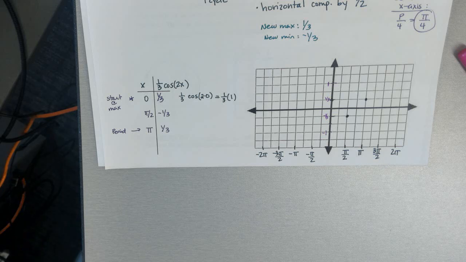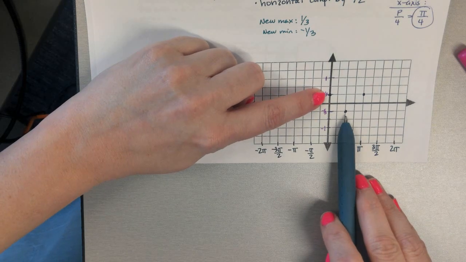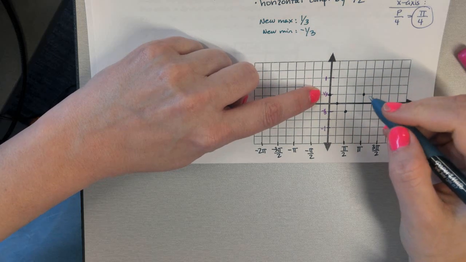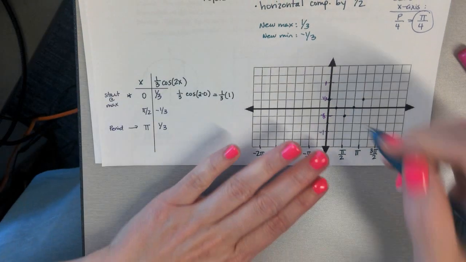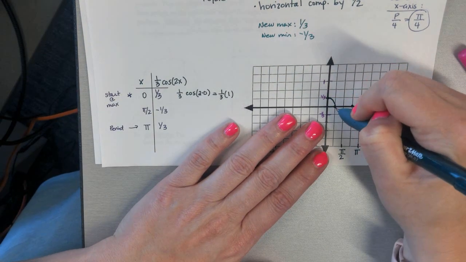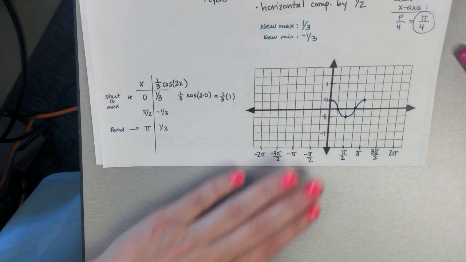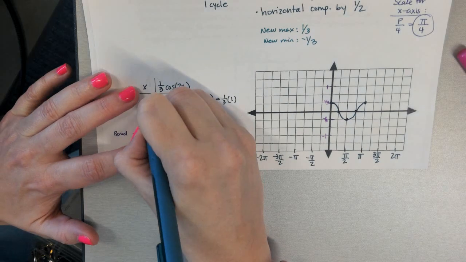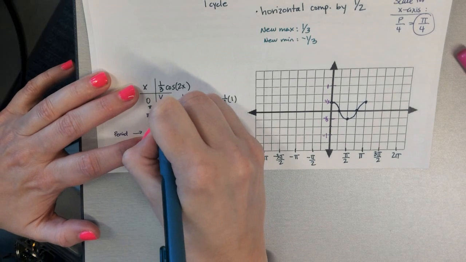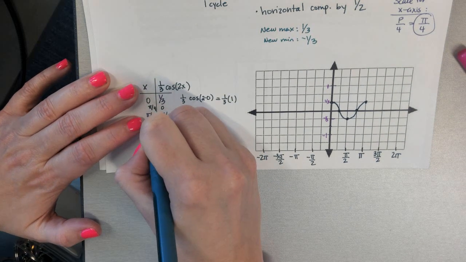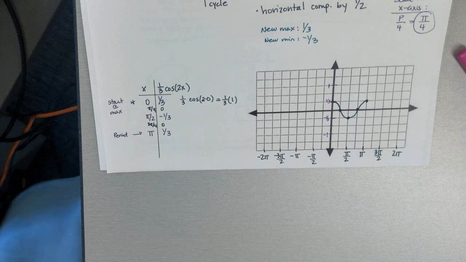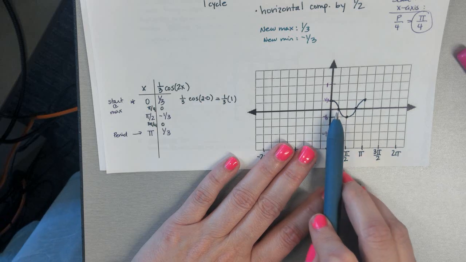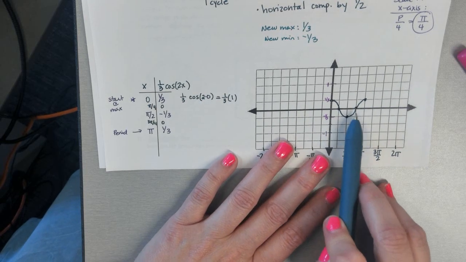What happens halfway in between the max and the min? Where do you go? 0. So at pi over 4, you should be at 0. At 3 pi over 4, you should be at 0. This is your 1 cycle. That is 1 cycle. And you're welcome to put in your pi over 4 is 0, your 3 pi over 4 is 0, or we can just keep going with the pattern, because look, I'm at 1/3, then 0, negative 1/3, 0,